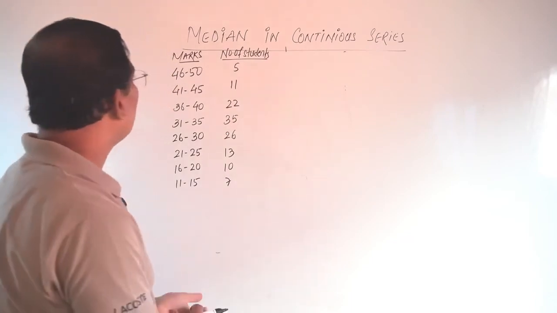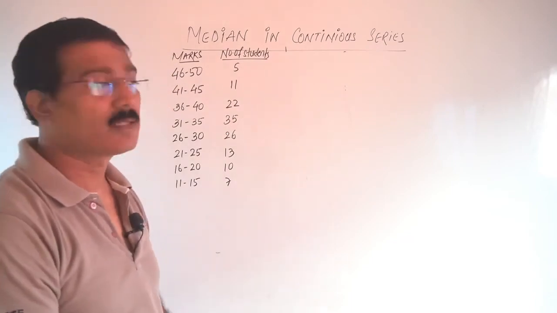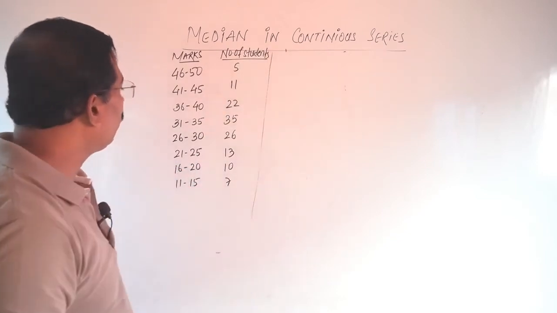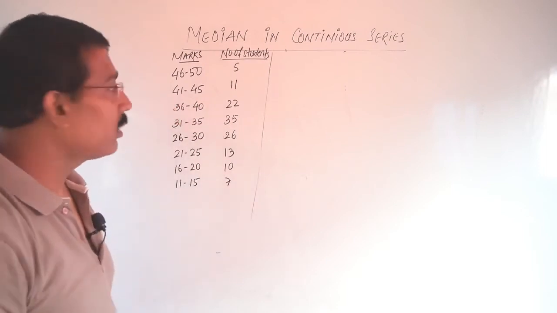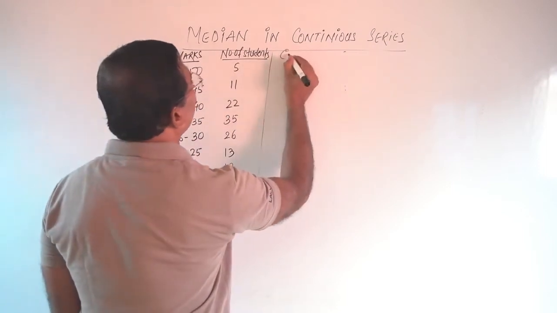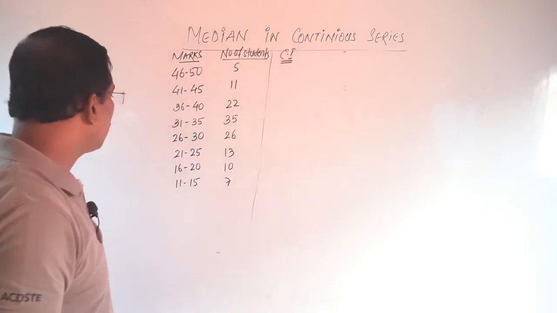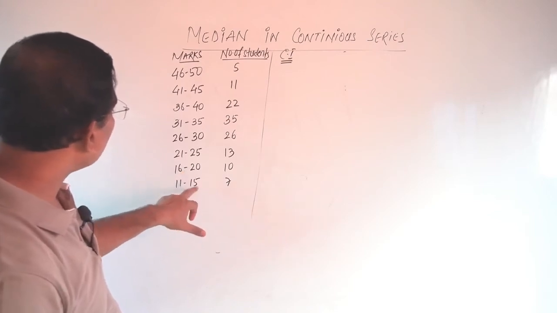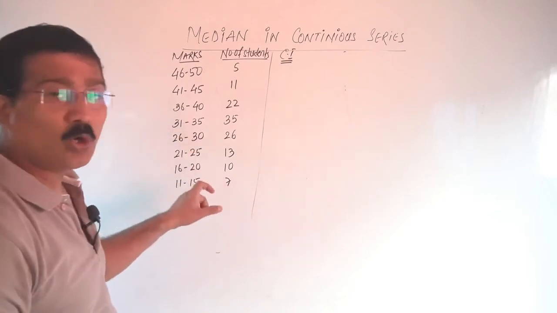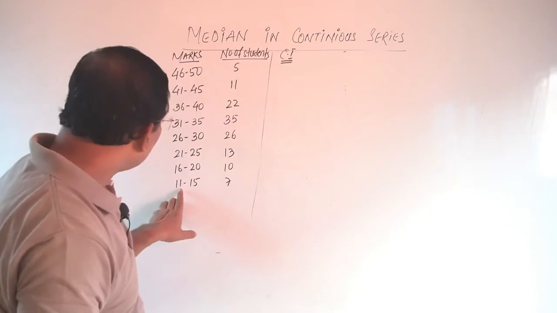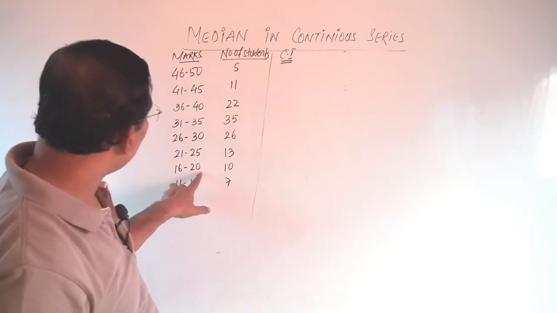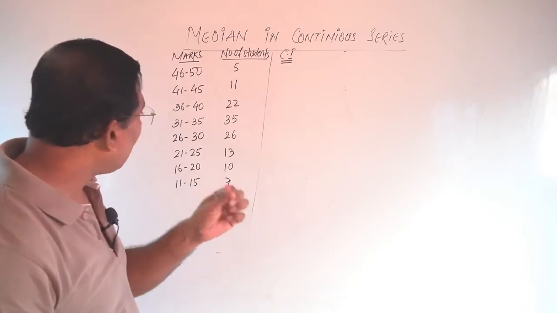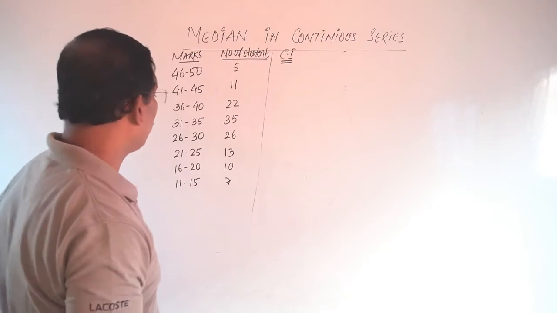The next question is median in inclusive series. First you will have to arrange it in ascending order and in a standard way. Standard way means here is 11, 15, 16, 20. Now 15 to 16, the series is not in continuous way. Now look here, 11 to 15, then 16 to 20, then where is 15 to 20? No, there is no 15 to 20. So first of all, you will have to arrange it in a proper way. Then how will you arrange?